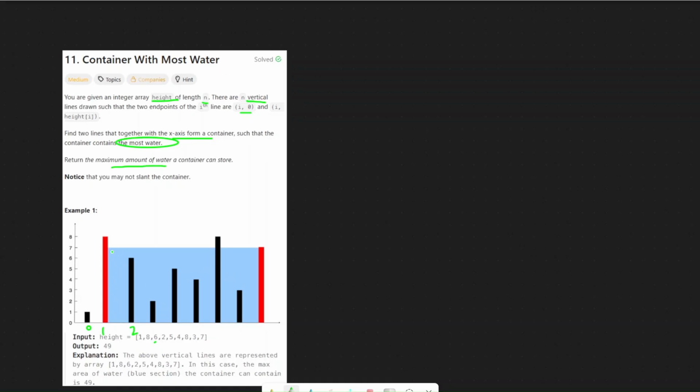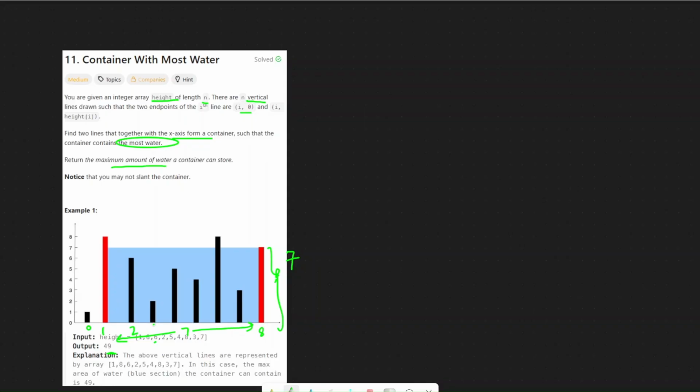All we need to do is find a container using only vertical and horizontal lines, and that container should contain the maximum water. If you look here, the maximum container that we can get is from position 1 to position 8. If we start from 0, these are 9 lines, so 8 will be our last position. 8 minus 1 is 7. That's the total length over here. And the minimum height of these two would be taken because we can't have slant heights. So this one is equal to 7, and 7 multiplied by 7 is 49, and that's how we are getting 49.